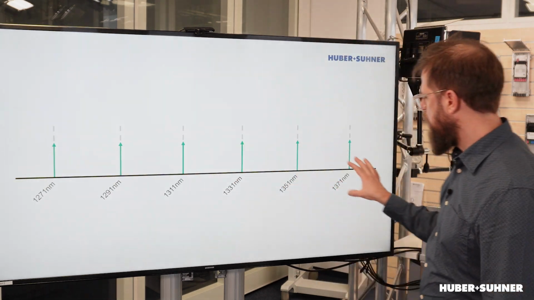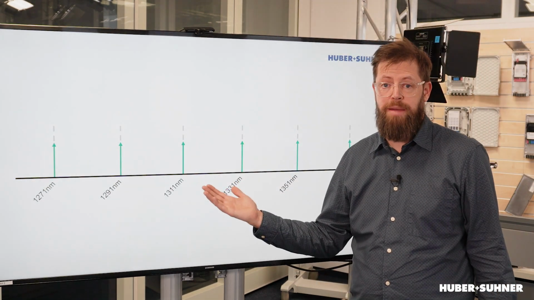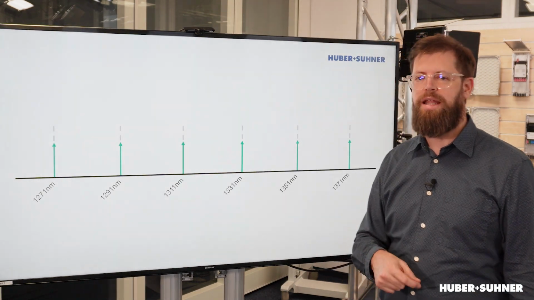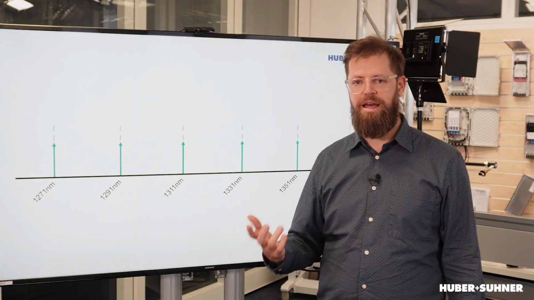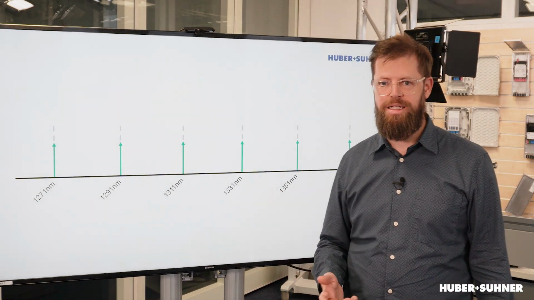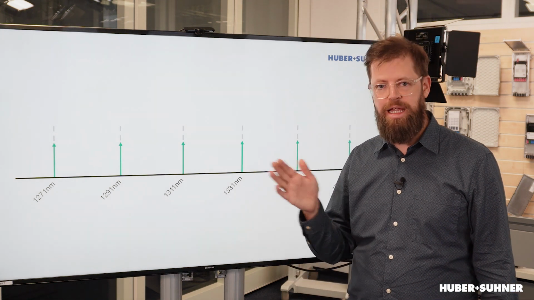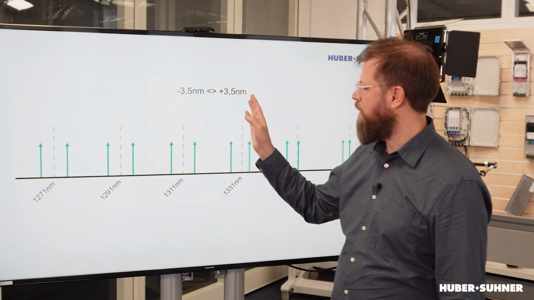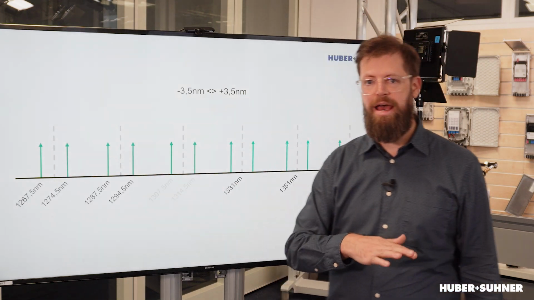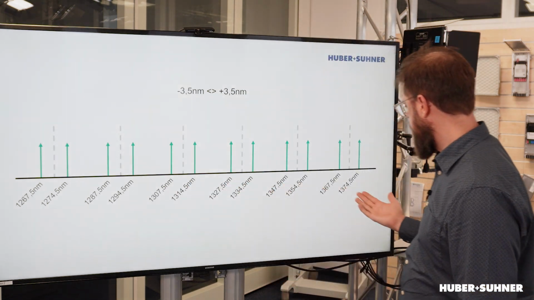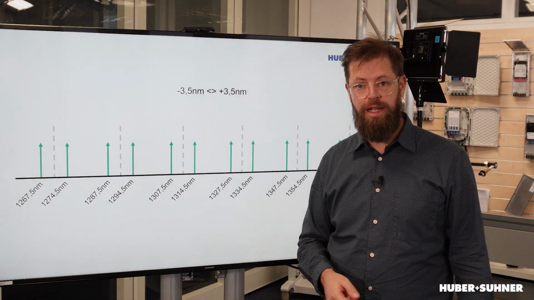So we've got these 6 wavelengths, but as you can see, the math doesn't add up here. We haven't got 12 channels. So what they then actually did is they added a thermal electronic cooler, so a TEC, to the lasers again, making it possible to slightly shift the wavelengths, and then they shifted it by 3.5 nanometers to the left and the right of that original CWDM channel, resulting in, ta-da, 12 wavelengths.